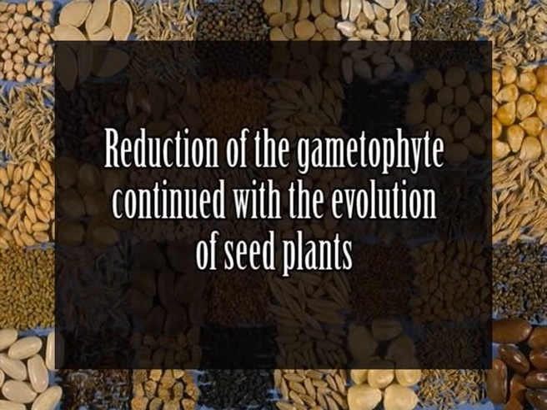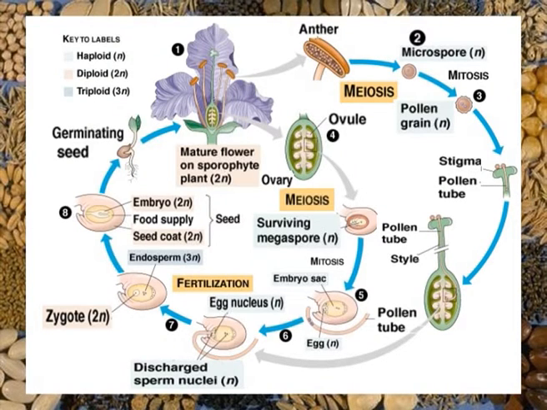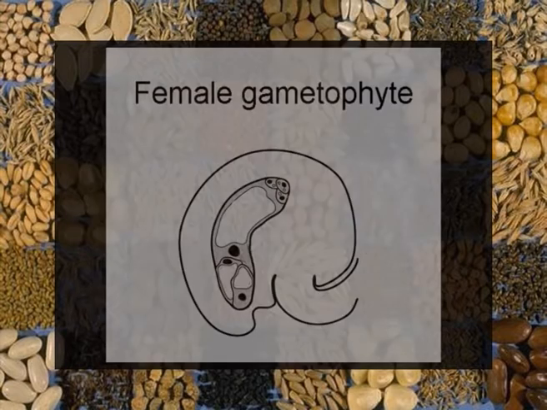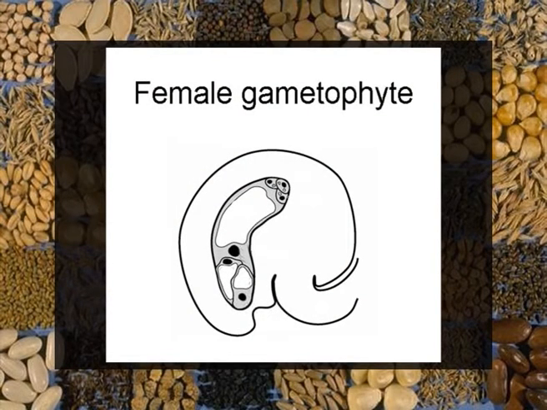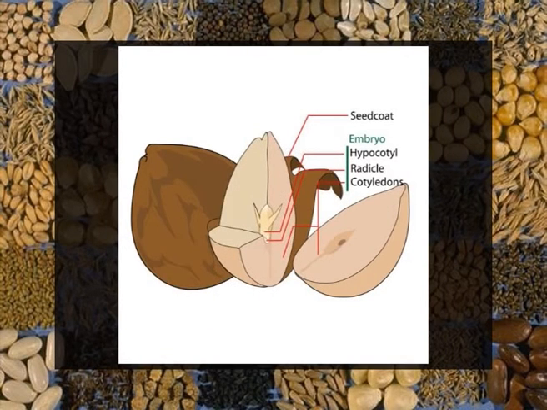So, as far as the first one is concerned, that means the reduction of gametophyte, it continued with the evolution of the seed plants. In seed plants, the very small female, haploid 1n gametophyte develops from spores retained in the sporangia of the diploid 2n sporophyte. The question is, why so? The important reasons are: one, very delicate female gametophytes are protected from the environmental stress. Second, embryos that are produced are also protected from stress.